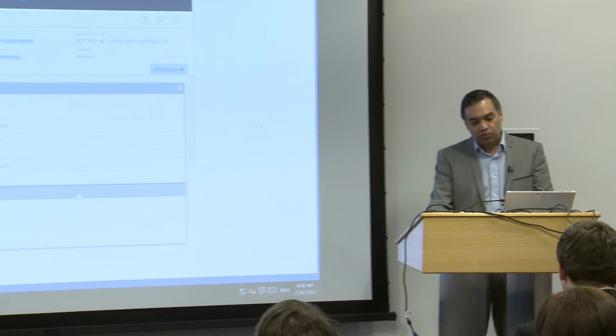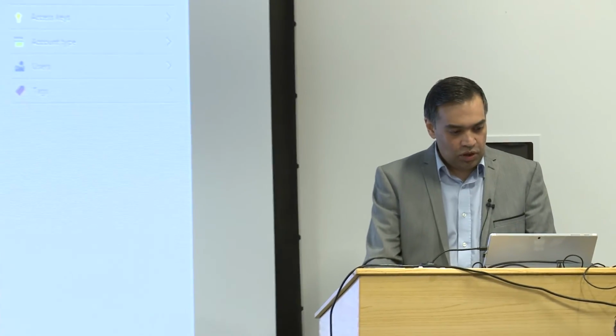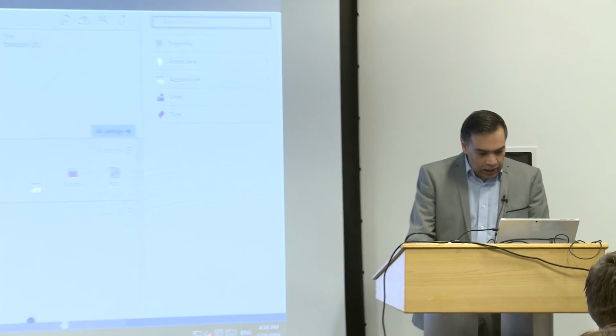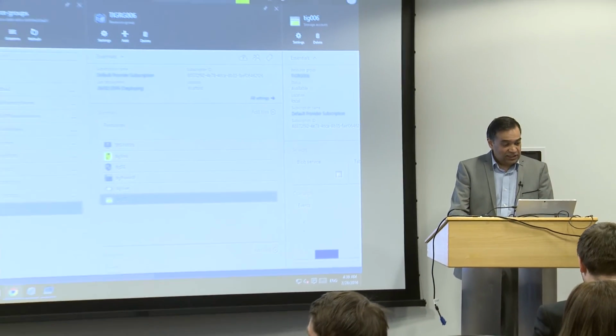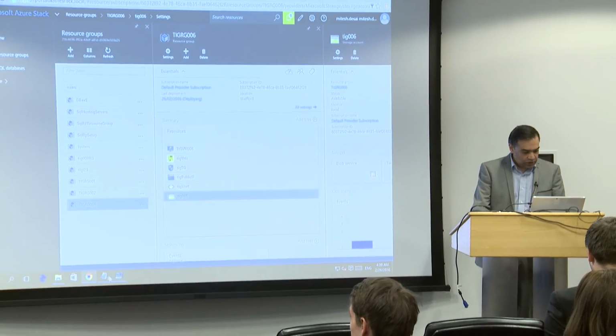And again, I'll show you some more of this further out. This will bring up the different types of storage as well. So again, you can mimic the blobs, the tables, the queues. As you can see here, I've got a blob service, a table service, a queue, a file, exactly the same as what you see in Azure up there. Just to flip back.